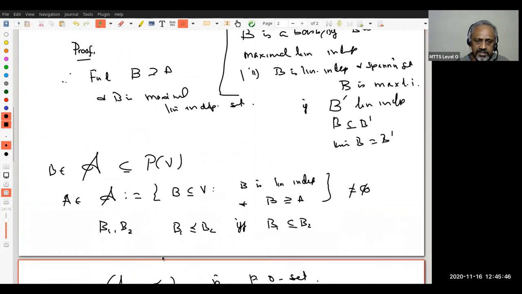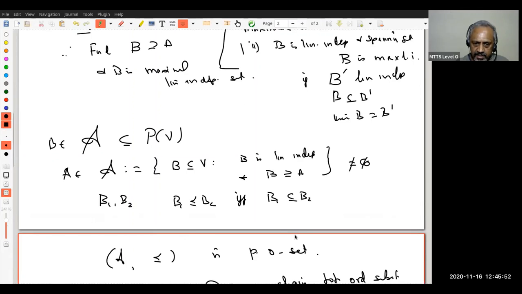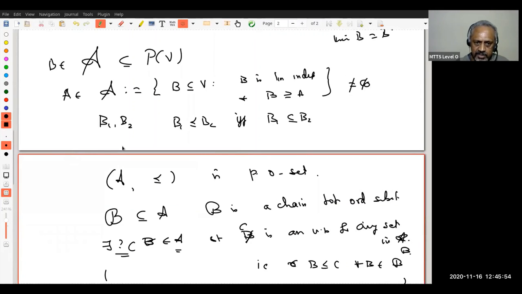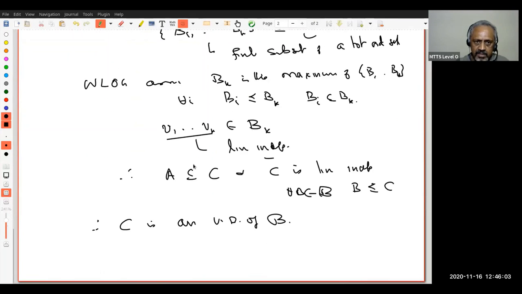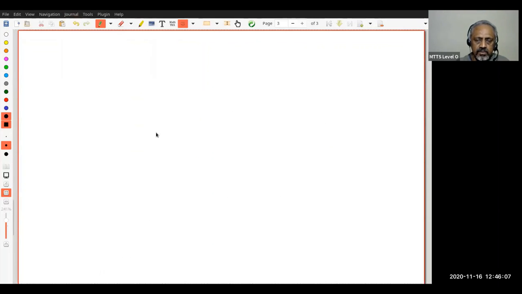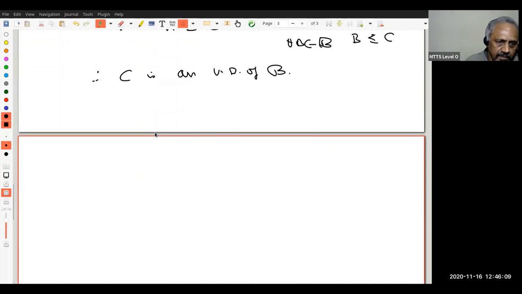So I have the collection A. Now what I have proved is that it is a partially ordered set and it satisfies the conditions for Zorn's lemma. That is, any chain has an upper bound in the partially ordered set. Therefore, Zorn's lemma tells me there exists a maximal element. So by Zorn's lemma,